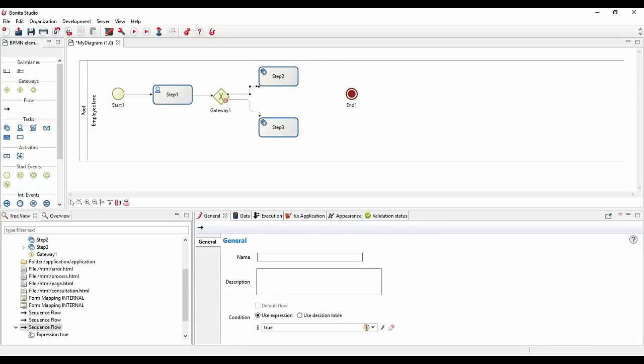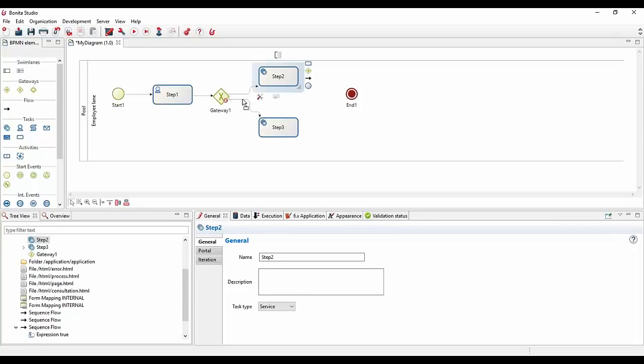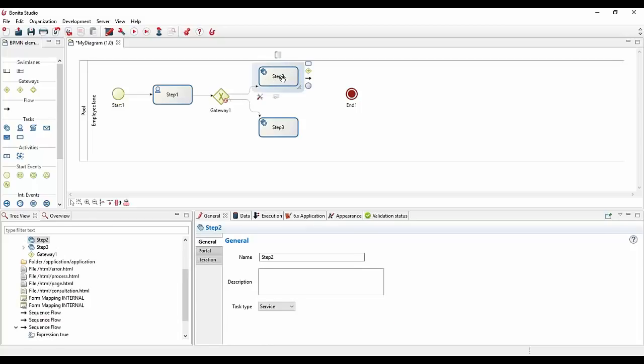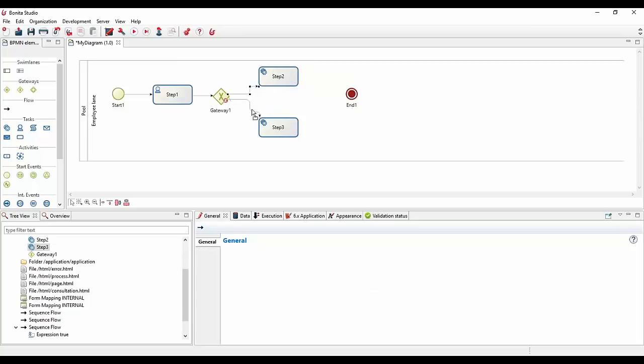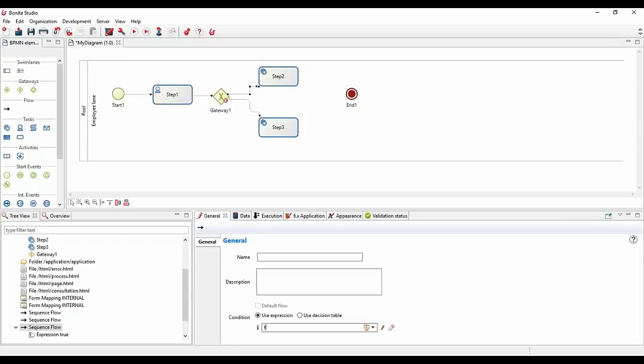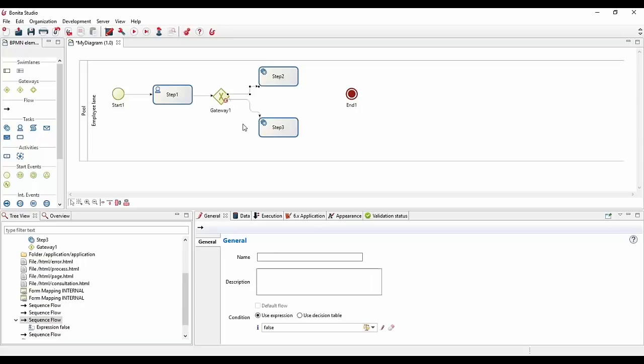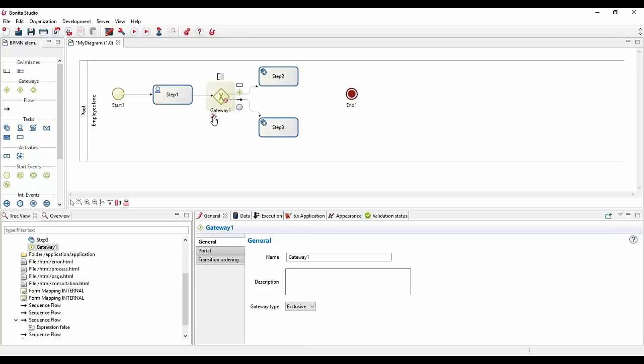So here it means that if it's true, then it will take this one, and the default one won't be taken because we already evaluated this one as true. So this condition will go, and step 2 will be performed. Step 3 will be performed in case we have a false value here. Then the default transition will be taken instead of the other one. So that's just a really basic example, and you will see that in the exercise. So I will just keep it as simple as that for now.